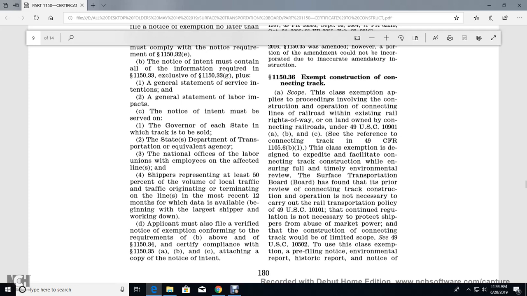Existing railroad rights-of-way and land owned by the connecting railroad, under Title 49 U.S. Standard Code 10901(a), (b), and (c), with reference to the connection track of Title 49 CFR 1105.6(b)(1). The class exemption is designed to expedite the construction of connection tracks while ensuring fully timely environmental review by the Surface Transportation Board, as has been found prior to the connection track construction and operation,